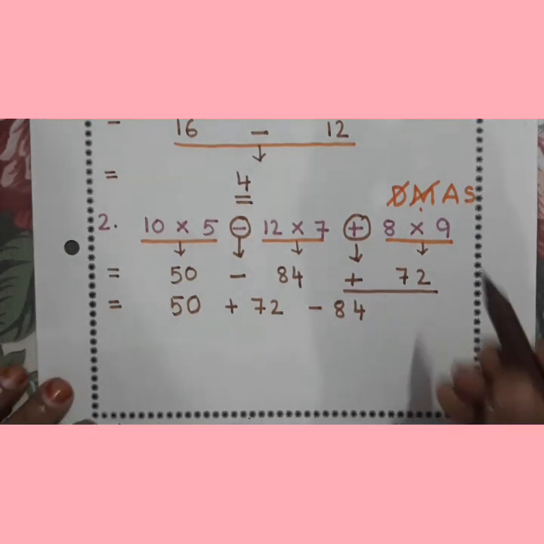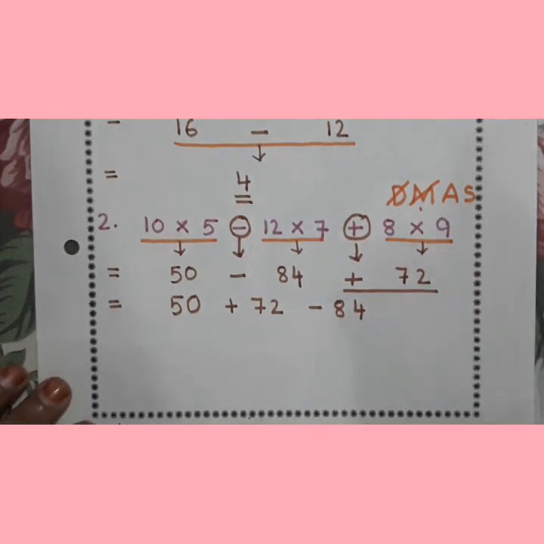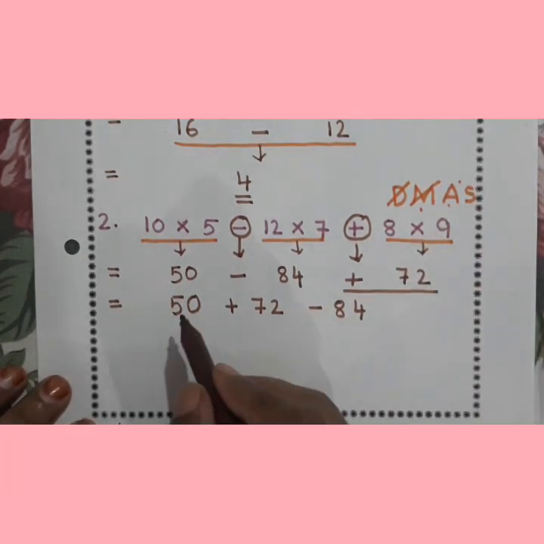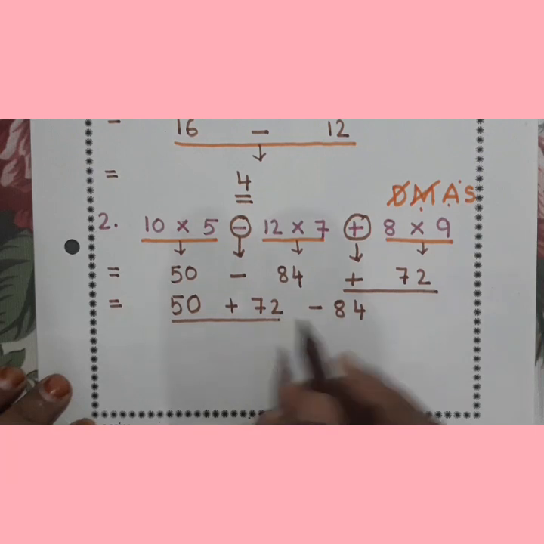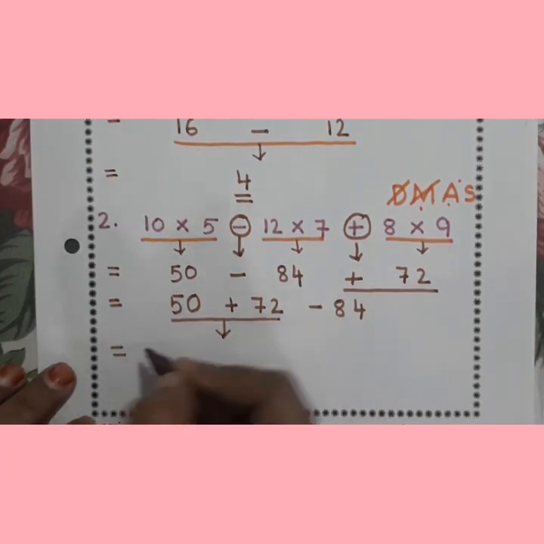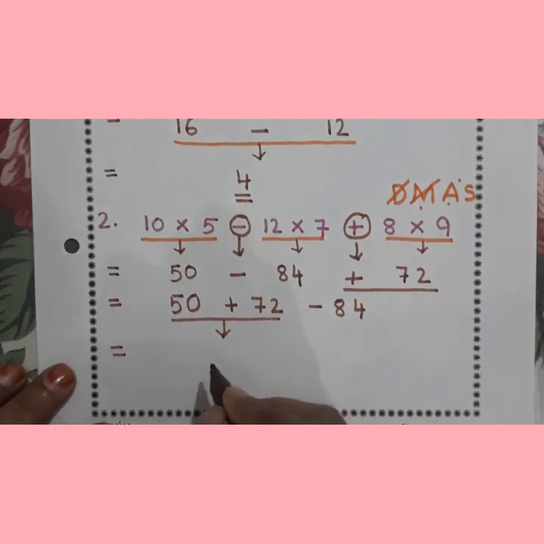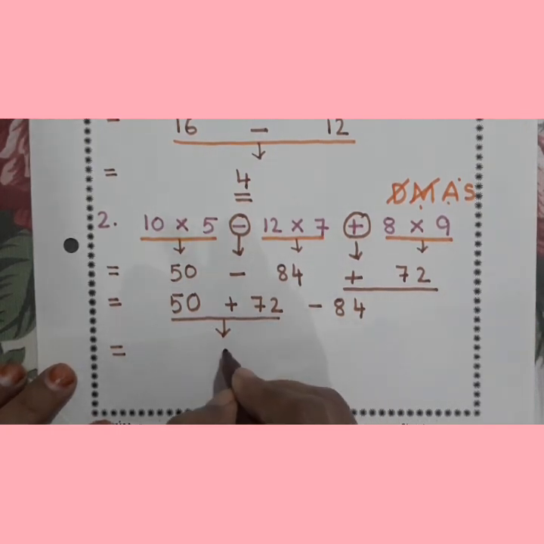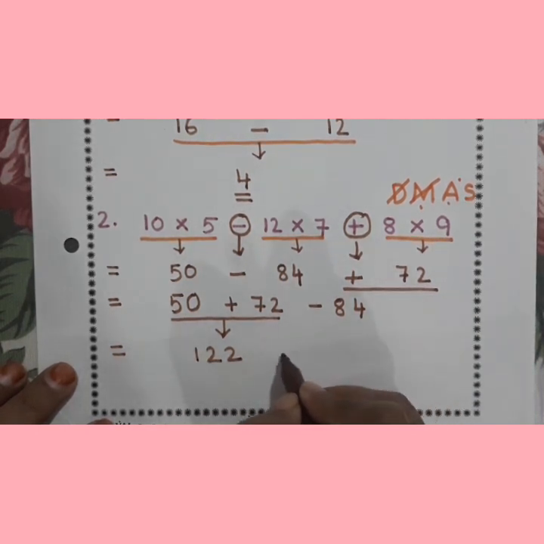Now, what is the next operation that we have here? It is addition. So we are going to underline the numbers that need to be added. Make an arrow, put an equal to sign, add the numbers and write down the answer. 2 plus 0, 2. 5 plus 7, how much? 12. And then copy down the rest of the things as it is.